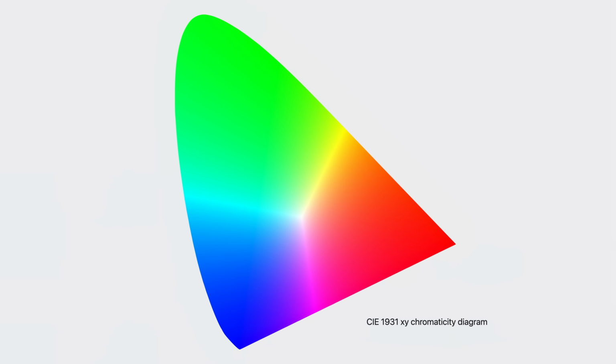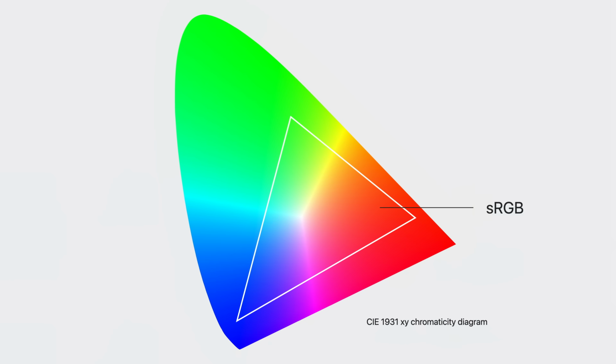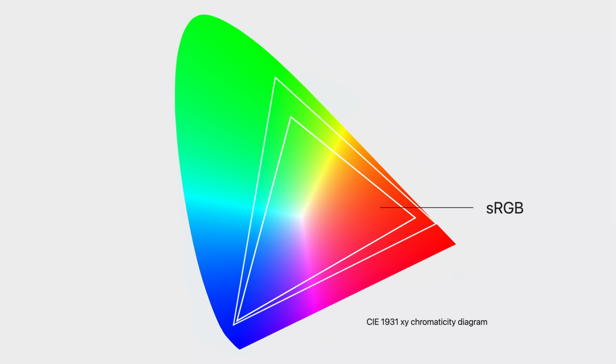Imagine this diagram represents every color the human eye might possibly see. A line around a subset of these colors shows what can be represented in sRGB, the default color gamut on the web, which has served us well. It's certainly better than what we used in the 90s, but it'd be great to move past the limitations of sRGB and convey more of the visual spectrum. P3 Color does just that.